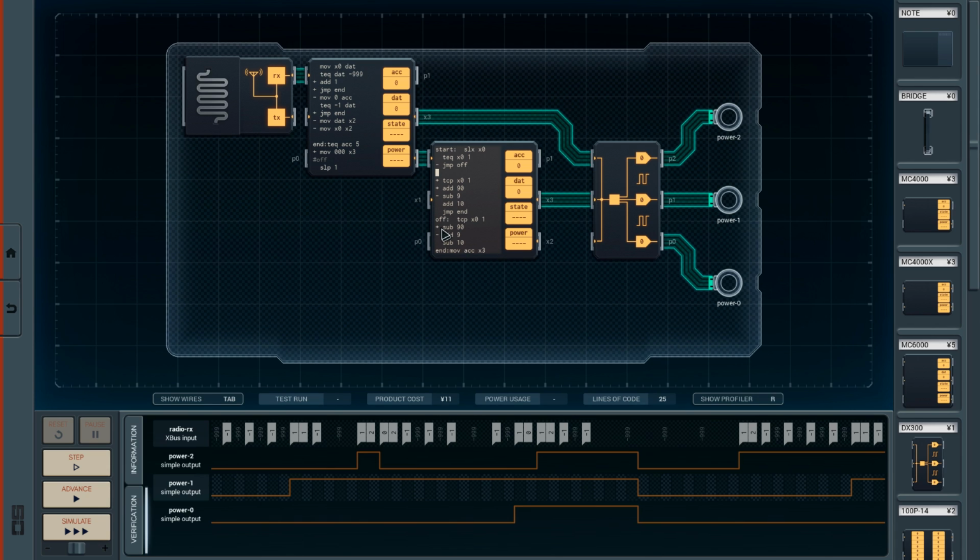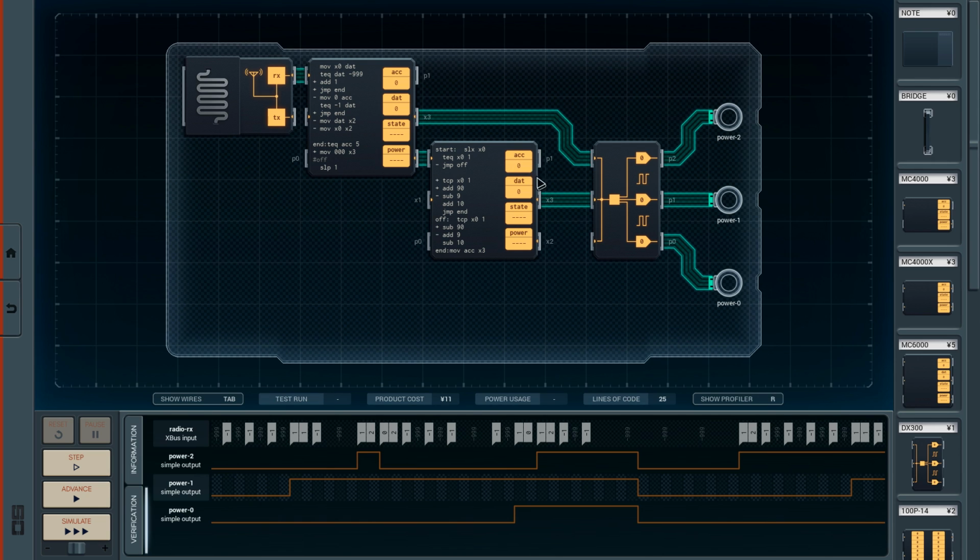If it is greater than 1, well, that's what the compare does. The plus is if it's greater than, and the minus if it's lower than. So is it greater than 1, then it's a 2, then we want to send 100 over here. Basically, 100. So we add a 90 and then add a 10 to get to 100. Or, oh, sorry, we want to turn off here, so we sub 90 and sub 10 to subtract 100 from